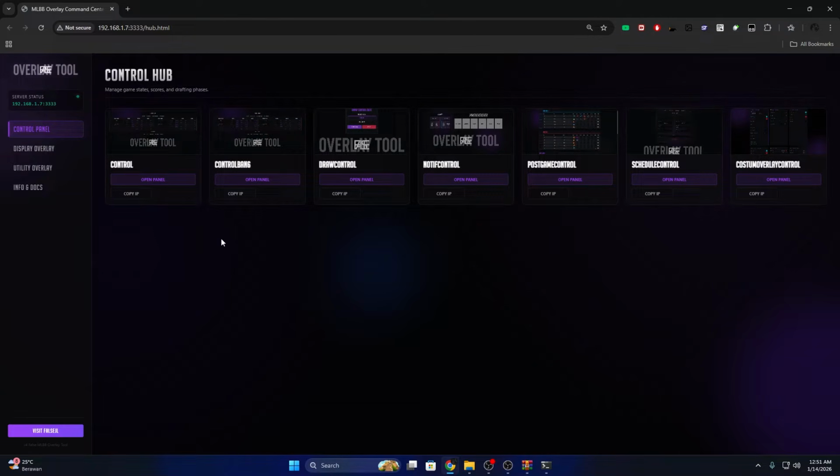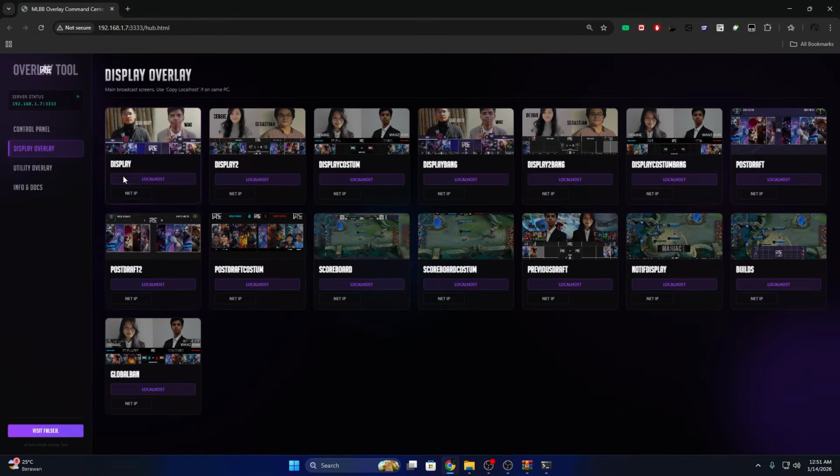So what is the new update in this specific version? Let's go through it. First, we go to the display overlay, and we will see the new display custom. So what is this display custom? We're going to find out. Just copy it by pressing this button, localhost or net IP. I prefer to use localhost because it's on the same computer, but if it's on a different computer or client, use the net IP.